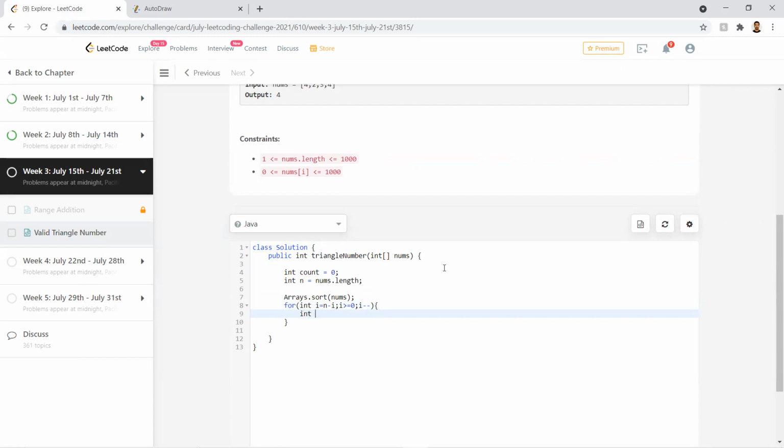And we'll initialize our two pointers. Right will be the second element from the right side, so it will be i minus 1, and left will always start from the beginning. We'll check if the summation of these two pointers is greater or not.